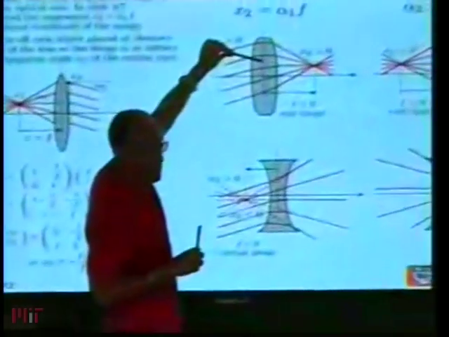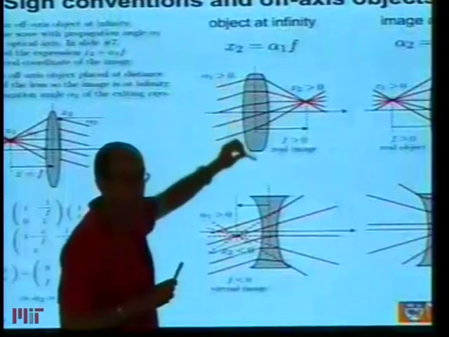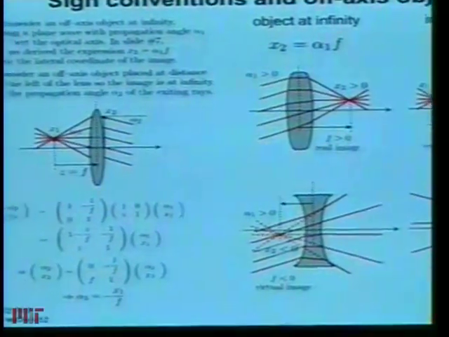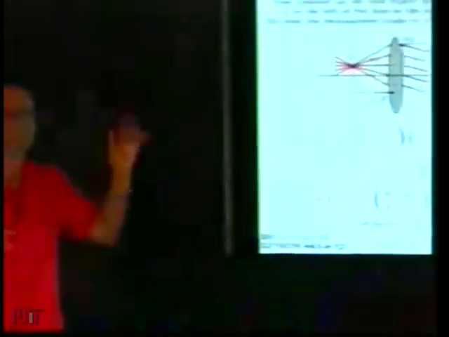For now, what I want you to do between now and tomorrow's lecture is to go back and make sure that these pictures that I've drawn make sense with Snell's law. In other words, you go to the spherical surface, you imagine a normal to the surface at each point, you apply Snell's law, and you convince yourselves that the rays bend the correct way, and this is consistent with the way the images form, okay? And then you apply all the matrices, all the equations, and so on and so forth.